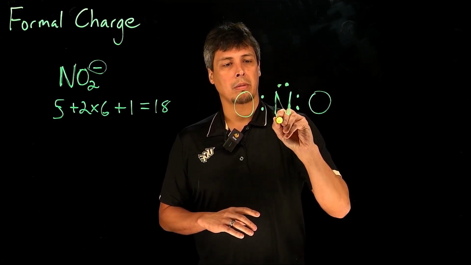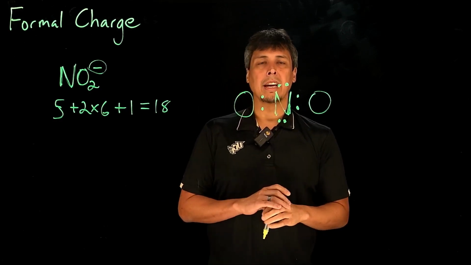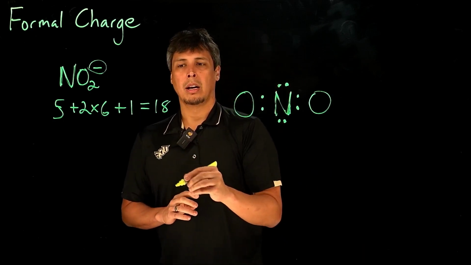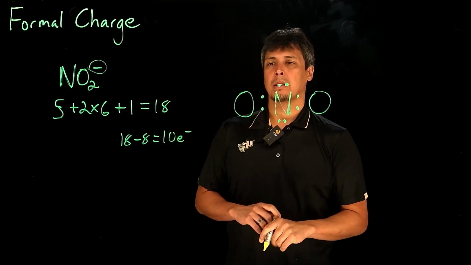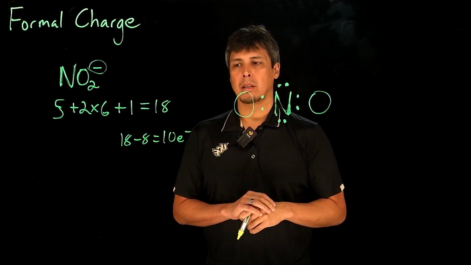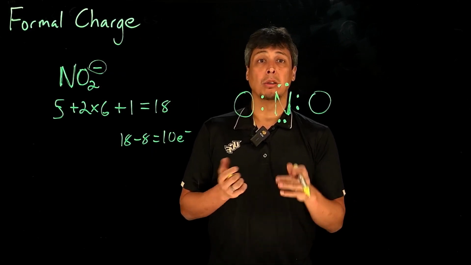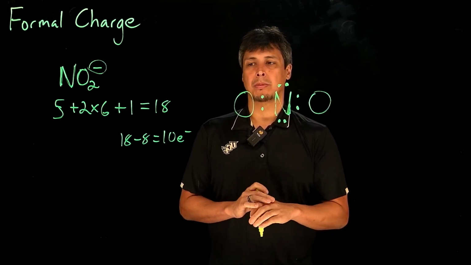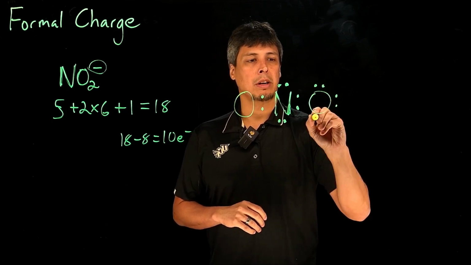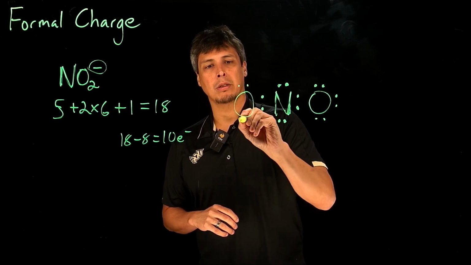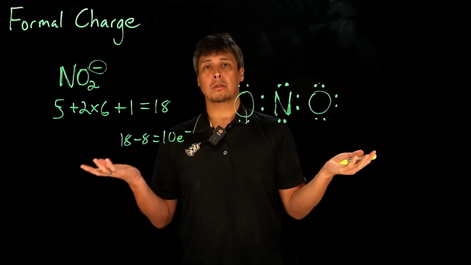Okay, and if we do that, now we satisfy the octet rule for nitrogen. We have 8 electrons, which means we have 10 more electrons to distribute. Except for a few exceptions, we don't typically distribute single electrons to an atom in a Lewis structure. So we can think about unevenly distributing this. Maybe we put 6 on this oxygen atom over here and 4 over here for 10 total electrons. And now if we count them, 2, 4, 6, 8, 10, 12, 14, 16, 18, we have distributed all 18